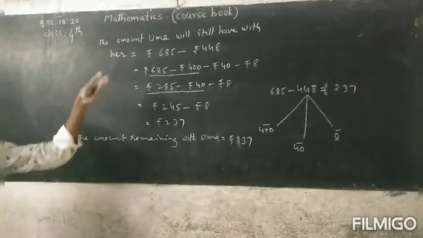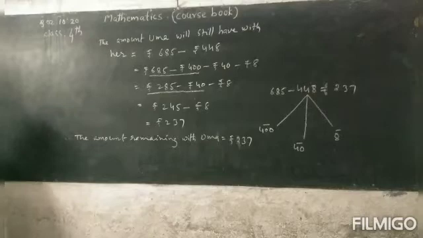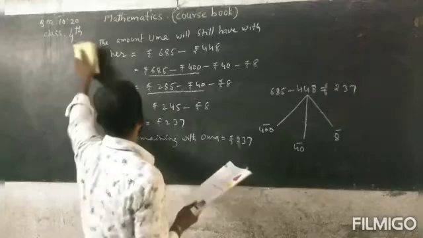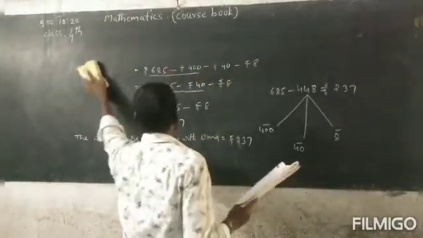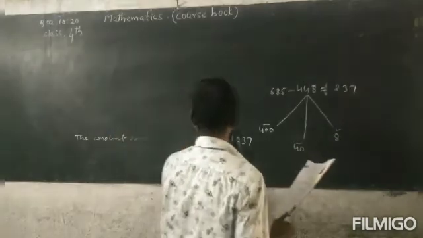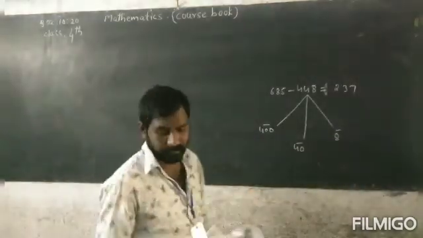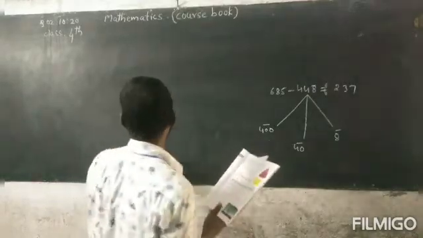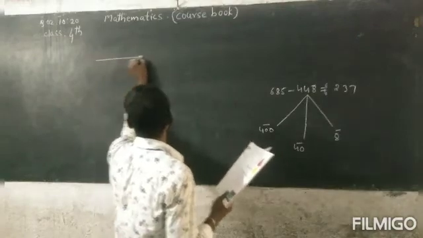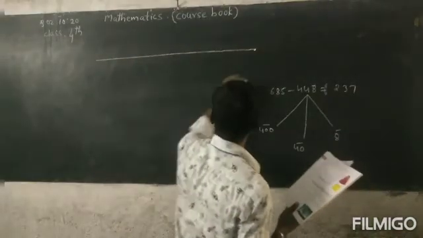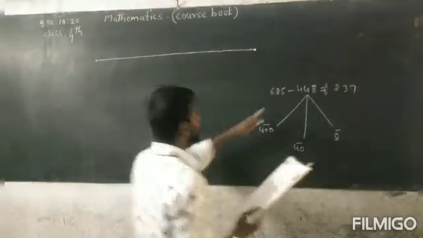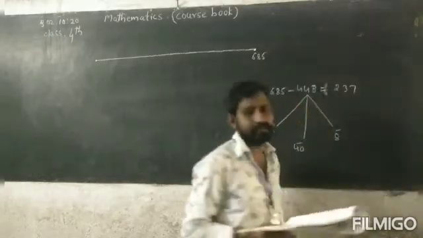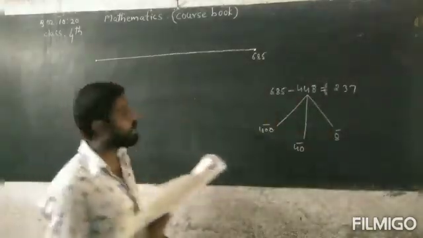So now the same you can do by number line. Using a number line is also very easy, beta. So this is a very important concept. Listen carefully. Now here, first we take the number line. What is the difference between? So first we take 685. So what is the difference, beta? 100. Means 6 is in the hundreds place, no? So you can write here